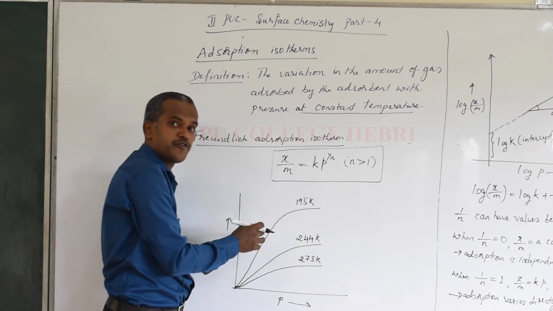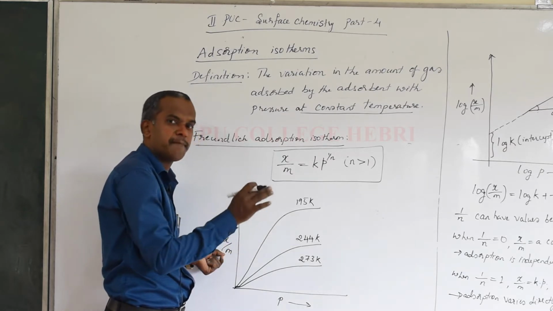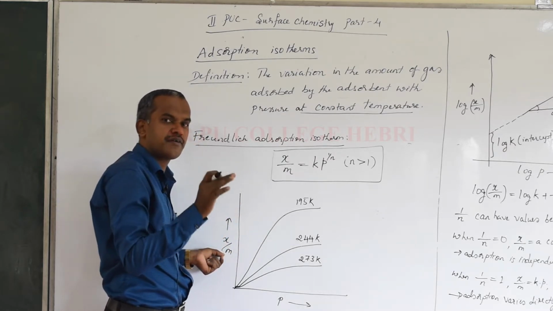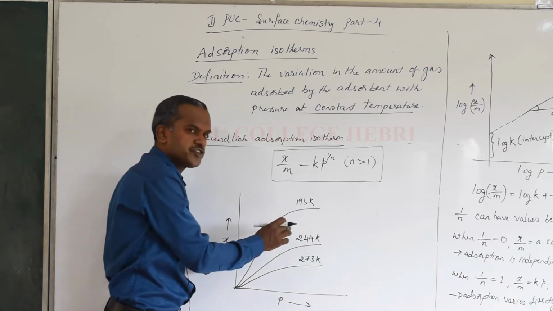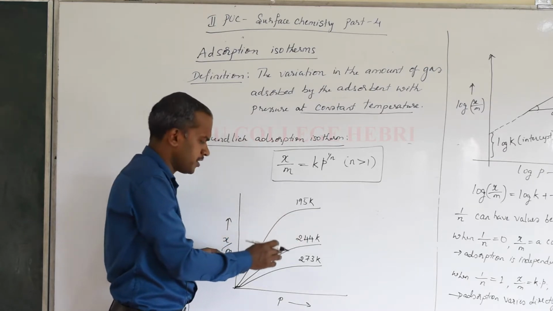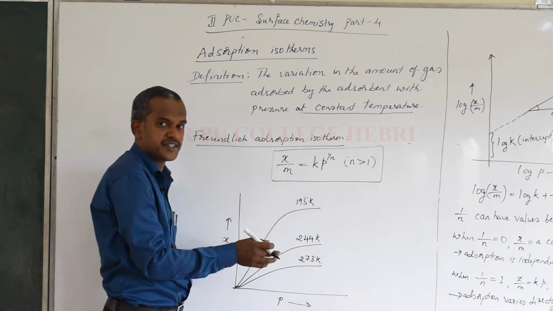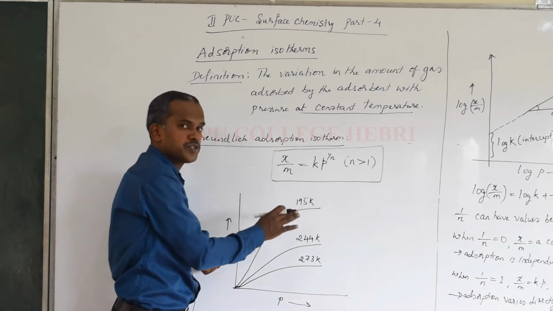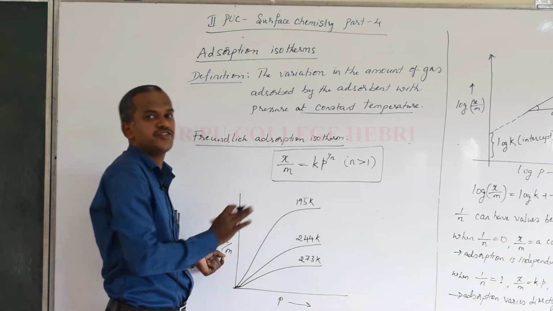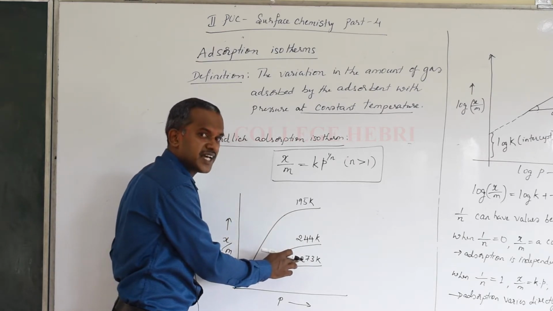We understood before in the differences between physical and chemical adsorptions, as the temperature increases, the rate of adsorption decreases. The van der Waals forces formation is favored at low temperature. So as the temperature increases, more adsorption we can understand in case of chemical adsorption only, but these adsorption isotherms are generally applicable for physisorption. So at the highest temperature there is less accumulation.